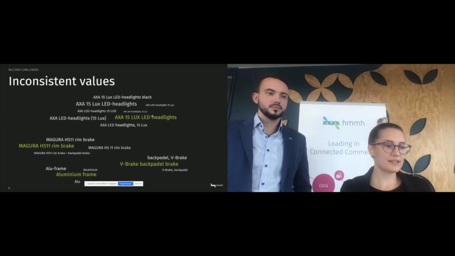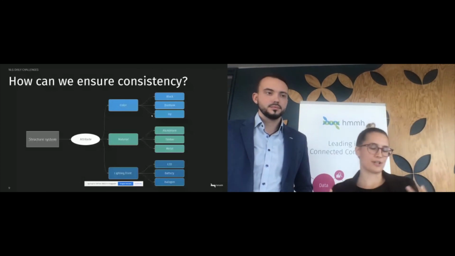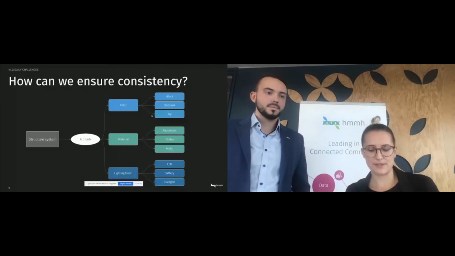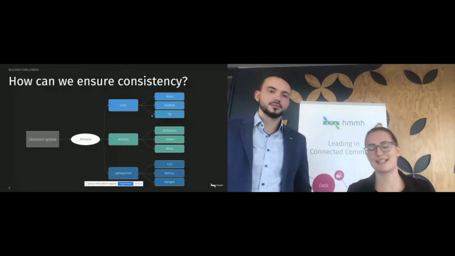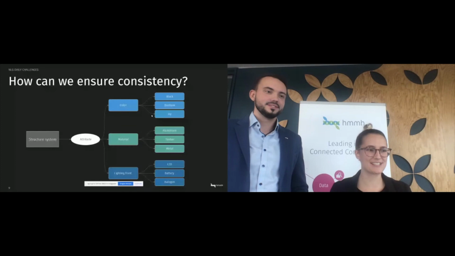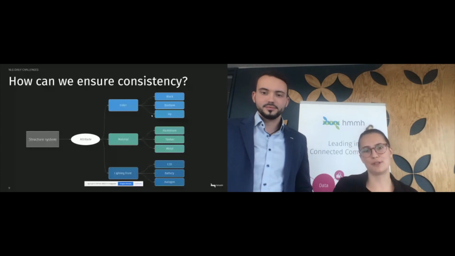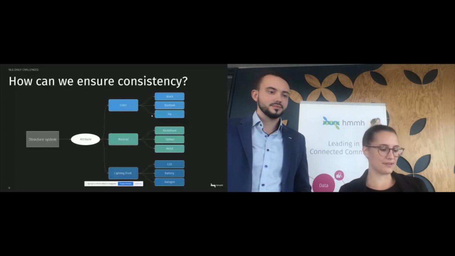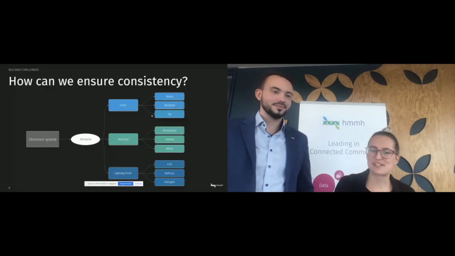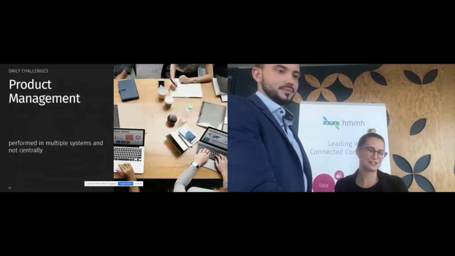And one other thing we have as a daily challenge is a missing structure system. That's a really big thing, especially when it comes to PIM systems as a basis. Yeah, definitely. We build a structure system based on the attributes so that we really consolidate every attribute and construct default values for it, so that the things you saw below don't happen anymore. So this is where my colleague Niklas will talk now about PIM systems and these daily challenges.